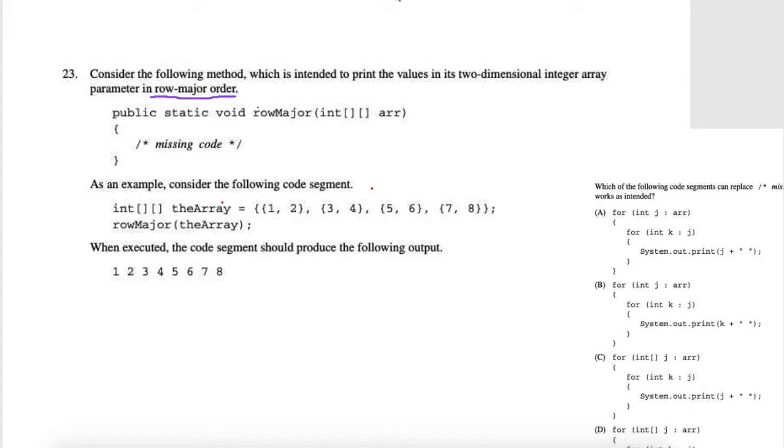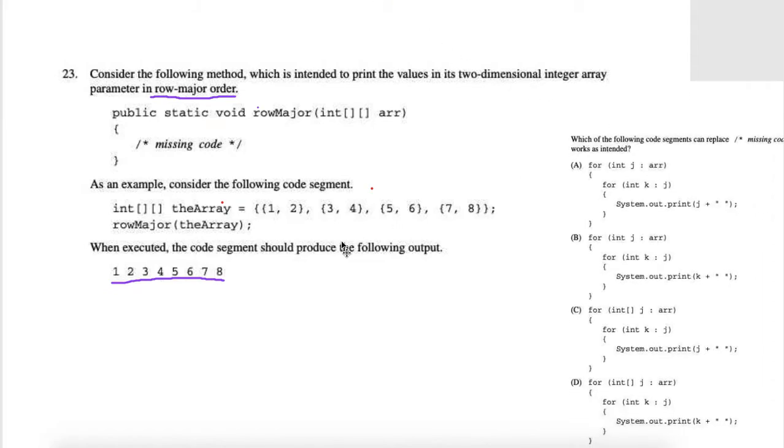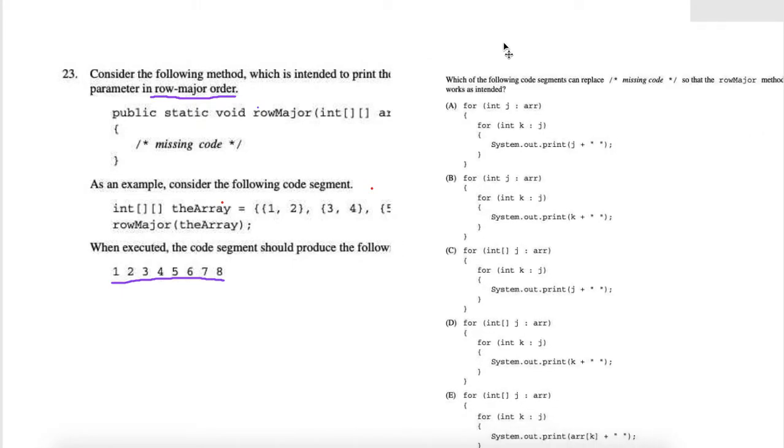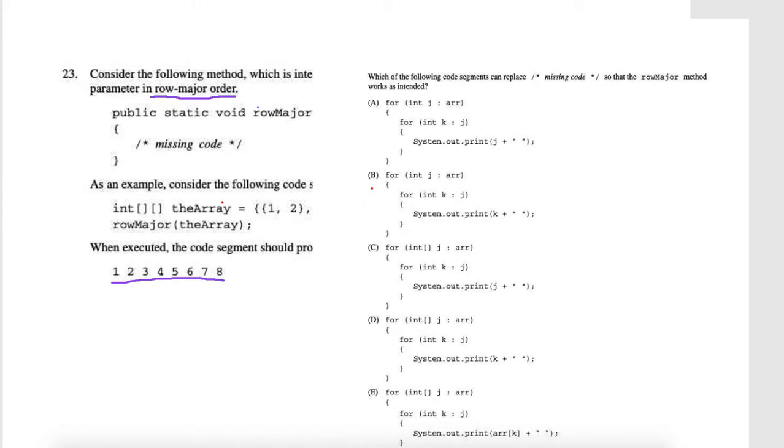So we have to find which of the five code segments produces the following output. So what we're looking for is something which will go through each of these inside arrays and just print their contents in the order that they're given. So let's just look at the answer choices we have and see what we can eliminate from here. So we can clearly eliminate answer choice A